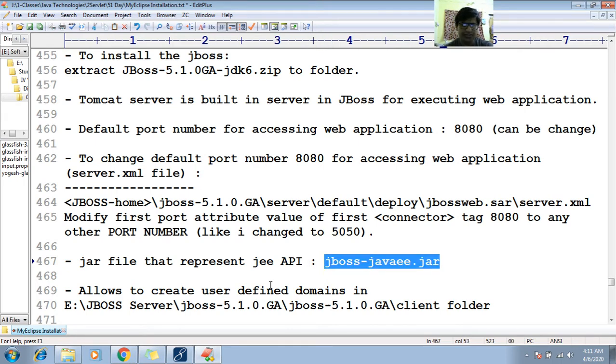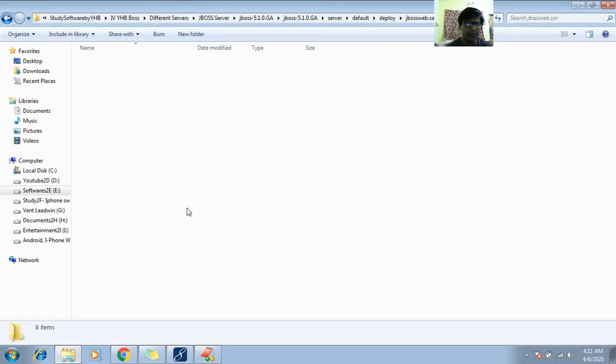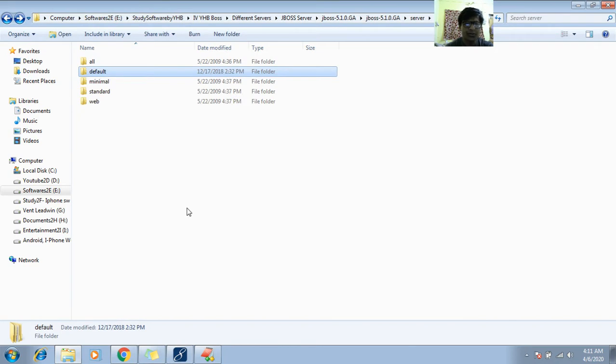The jar file that represents the JEE API is jboss-javaee.jar. Let me go and show you where that is available.